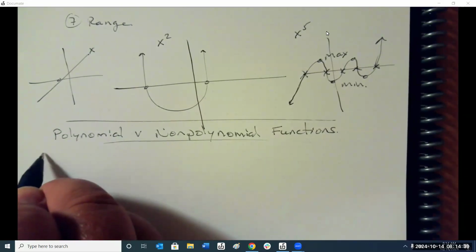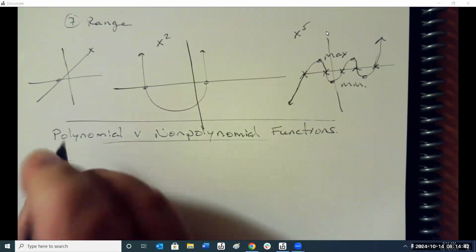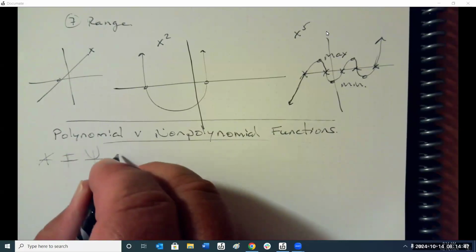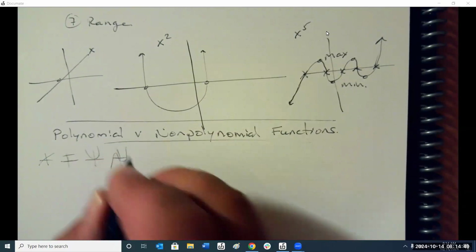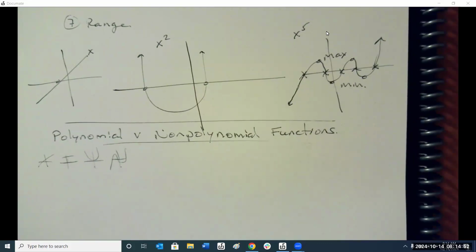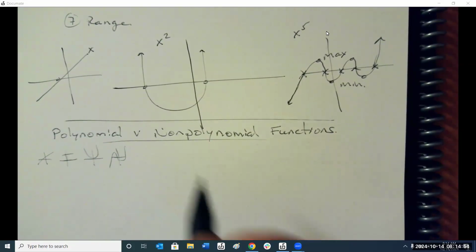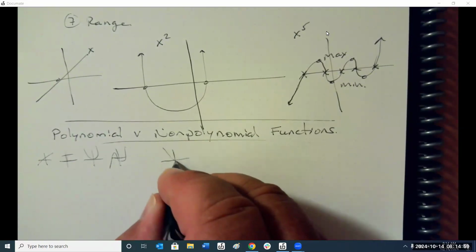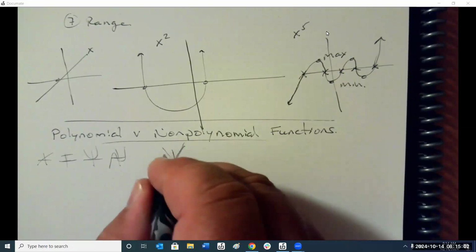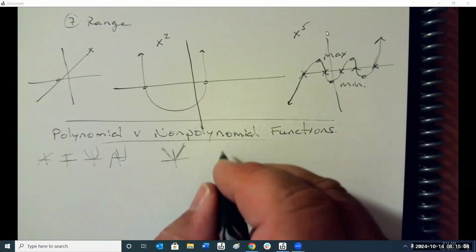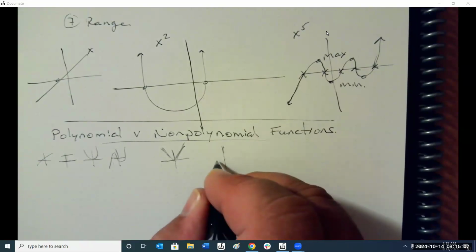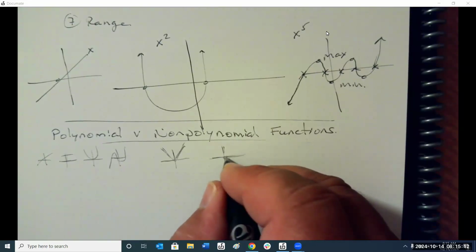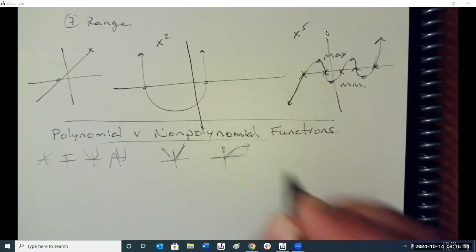So we have the linear, the constant function, the quadratic function, the cubic function, and so on and so forth. Non-polynomial functions are the ones that have points that have restricted domains,